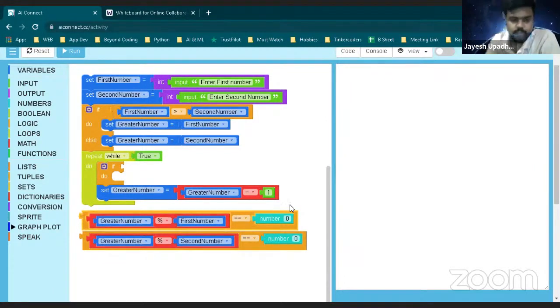I'm just checking that the number which I have in my hand right now, which I said is the greater number, the second number, whether that number is divisible by both or not, because it might be possible that the second number is itself the LCM, as we have seen in the case of 5 and 10. So for that I have written like this. This is one of the reasons I have created greater number equal to second number, because I know the second number can be the LCM of the numbers. That is why I have done it. Now all of you, please do this much.